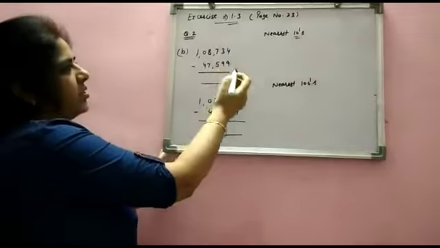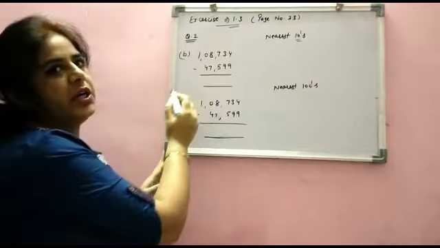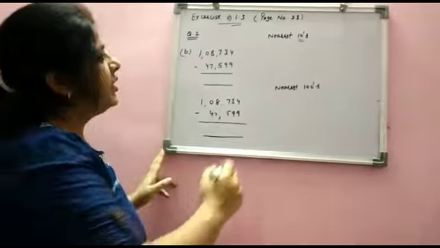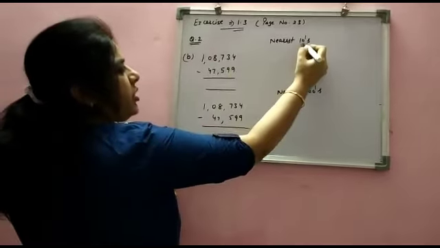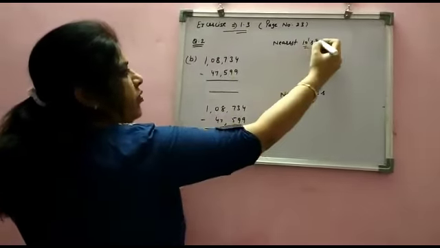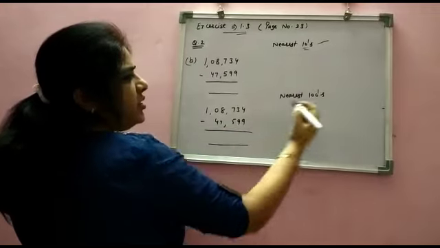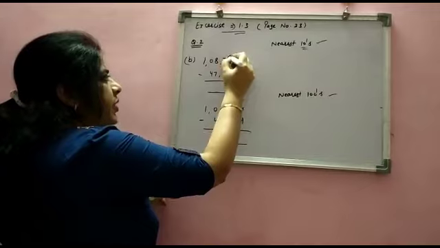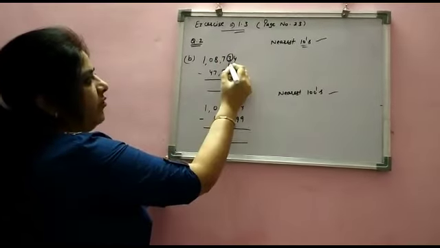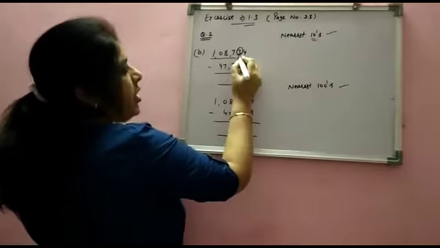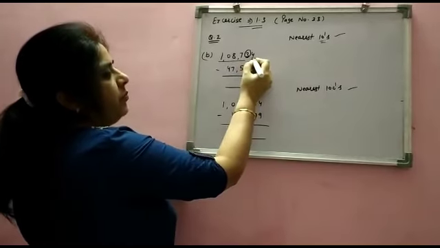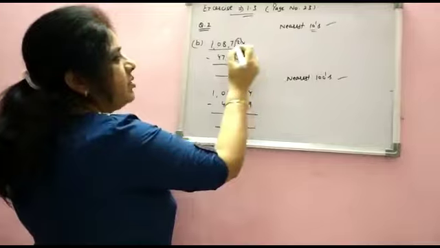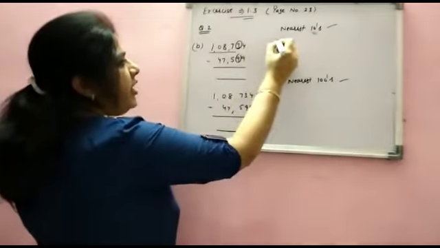Students, now we are discussing the same question, D part, and in D part you have to do it yourself, and we will discuss its answer later. Now in this question, we have to subtract. Once we have to subtract using nearest tens, and second we have to subtract using nearest 100. This is your tens place. Now 34 means this will remain the same. 34 lies between 30 and 40. So when we are estimating to the nearest tens, it would be 30. So it will remain the same.